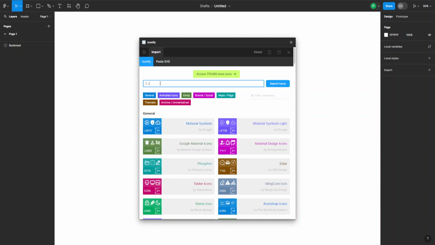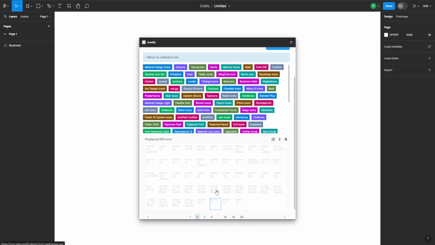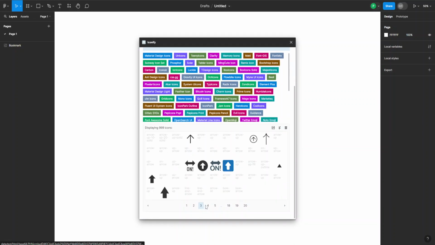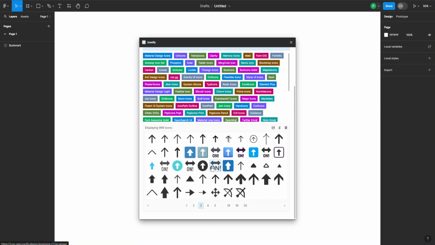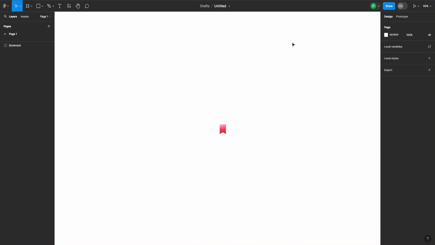You can again type in specific keywords, like arrow, for example, and it will bring up all the different arrow icons for me, and I can choose whichever I want. And there's also a lot of tags which can help me find the right one for me. And that's it. That's how you add